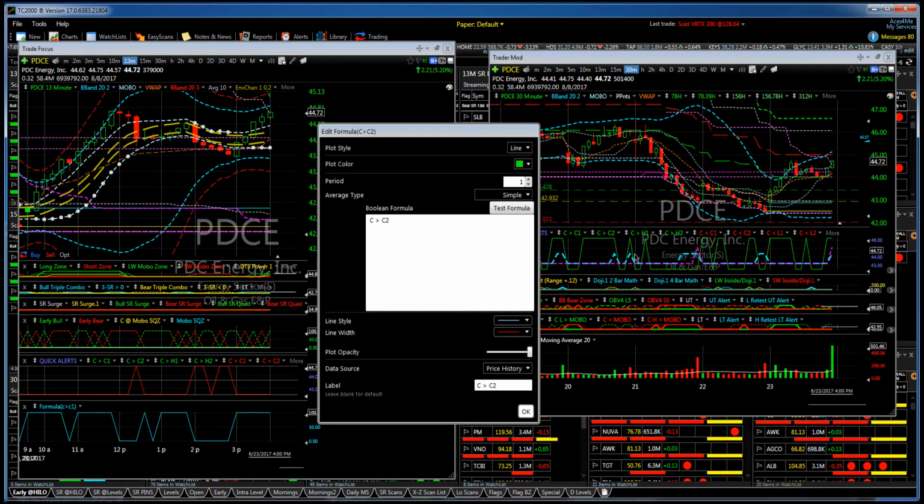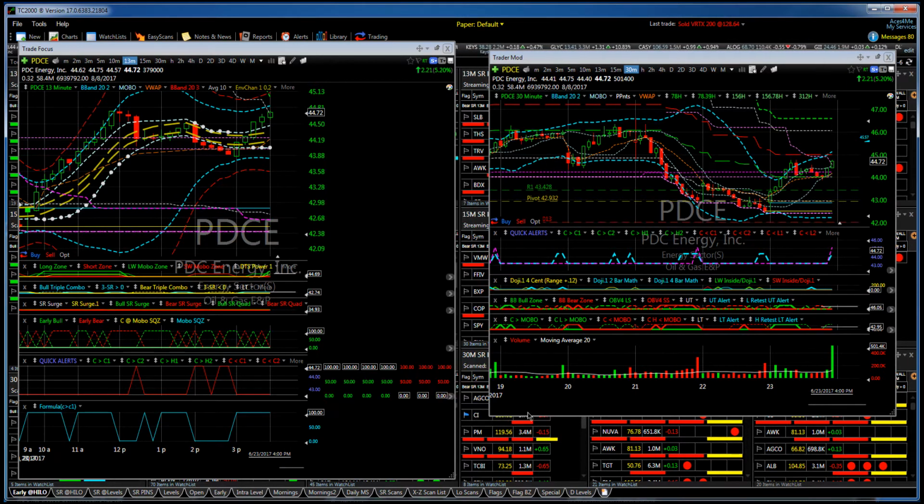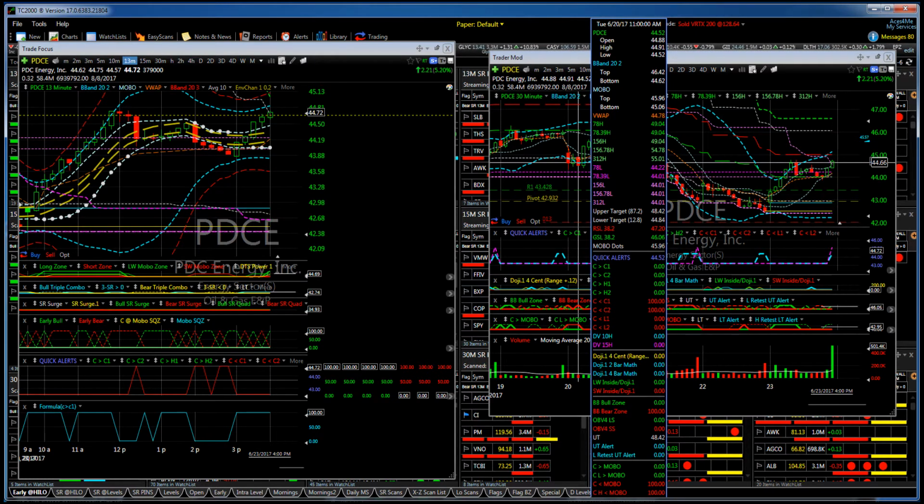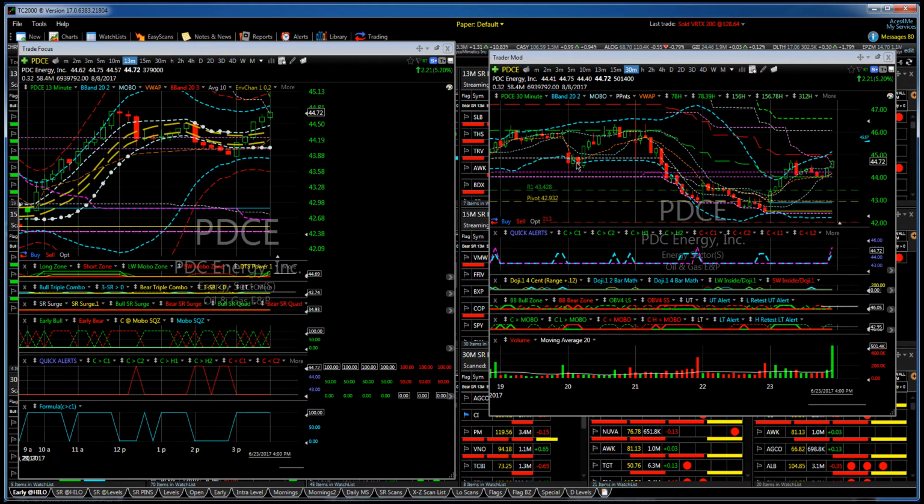I don't need to see all this. I'm just using it for an alert system, so I have it turned down so I can't see it. The only thing I see in that area has to do with the volume, but I just let the volume share this same little slot, so to speak. So if I'm trading and I'm watching this candle right here, and I want to be alerted if it takes this high out, I can just simply say create alert,